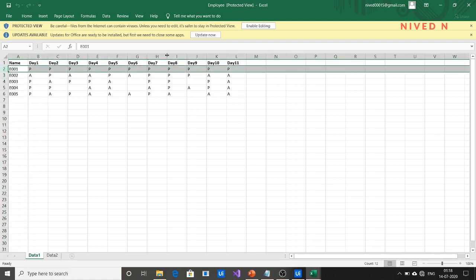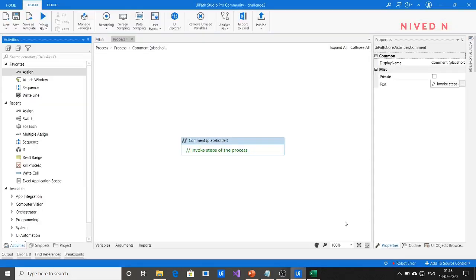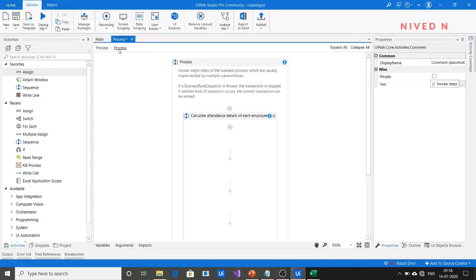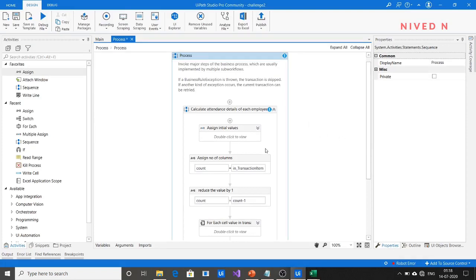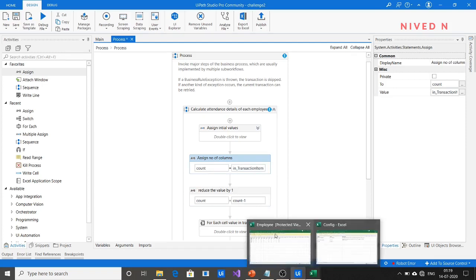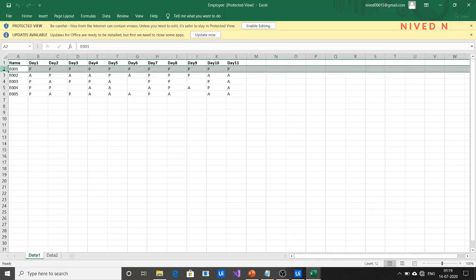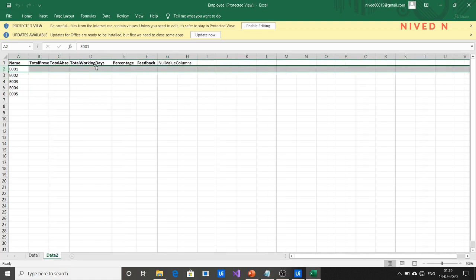But in the next step we reduce it by one. For this particular transaction item, the total number of columns is 12, but when we reduce it by 1, count becomes 11. So 11 is equal to total working days. You can give total working days as count itself.